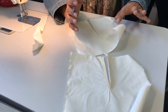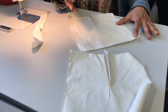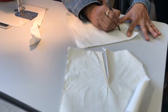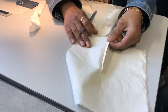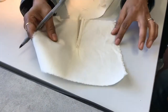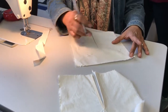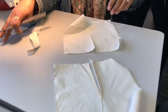So there's something that you need to be careful with, the right versus the wrong side, the way this placket is done. So let's say if this is the wrong side of your, didn't I have a right or wrong side? No, I thought I did. Okay. So let's say if this is the wrong side of the placket, so what we do is we actually